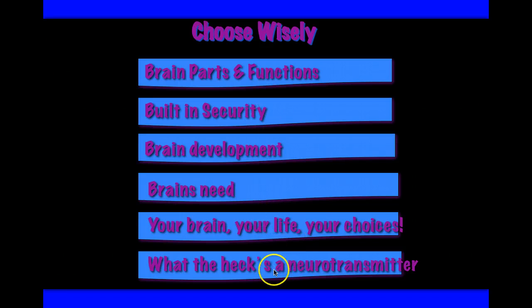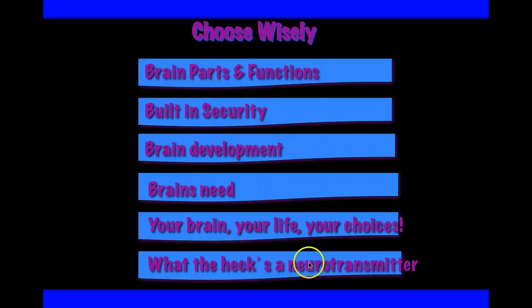Now you can go through this menu in any order that you want. You can pick any one of these to learn about first. It's up to you, but I do want you to go through all 6 of them. We have brain parts and functions, the built-in security of the brain, brain development, the needs of the brain, some information about choices that you might make and how they affect your brain,